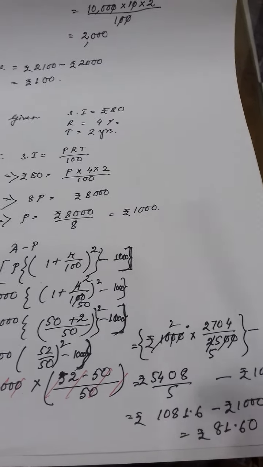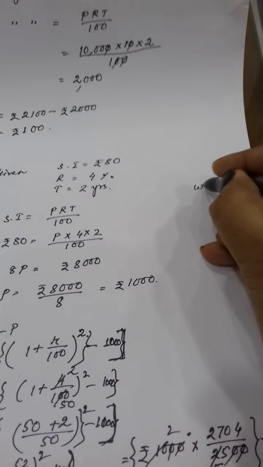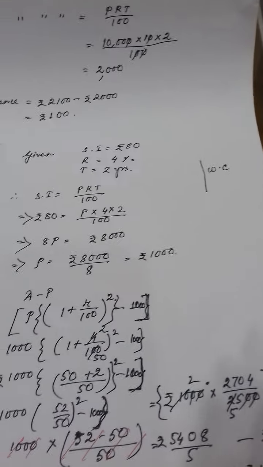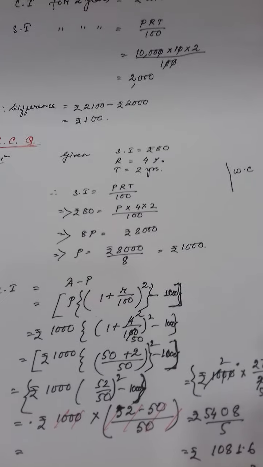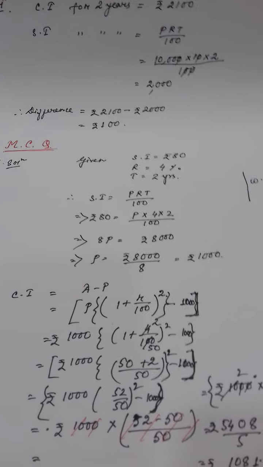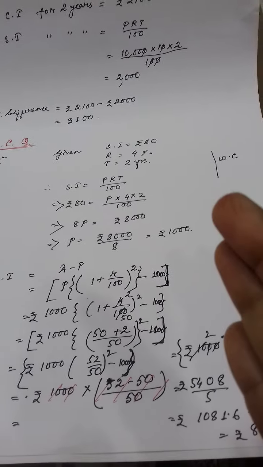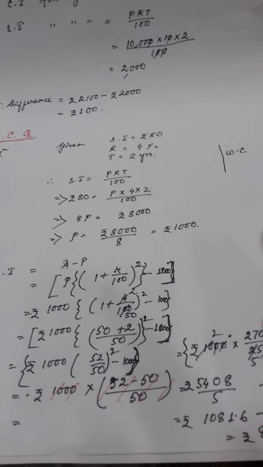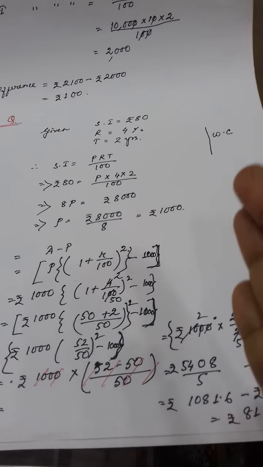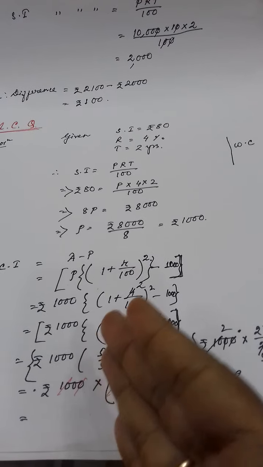Here I have done the calculation on another page, but students, you will maintain the calculation in the working column on the same page where you are solving the sums. Clear? With the pencil. The working column must be there in your copy only, not on the last page or on the left side. Always maintain the working column on the right side of your copy with the pencil, and don't remove the working column. Sometimes when you are writing the numbers from the working column to the main place, you may make a mistake.